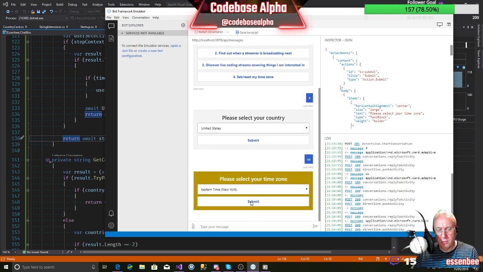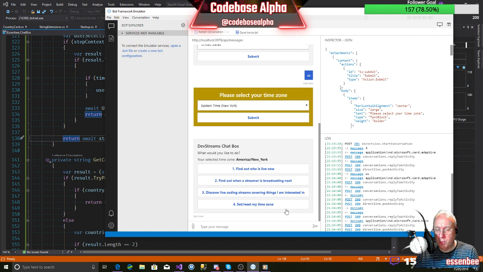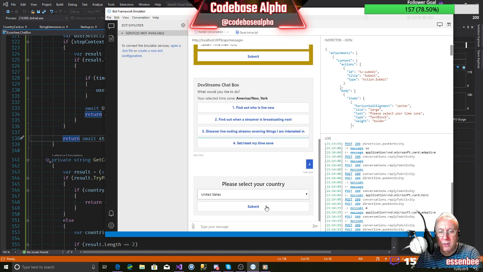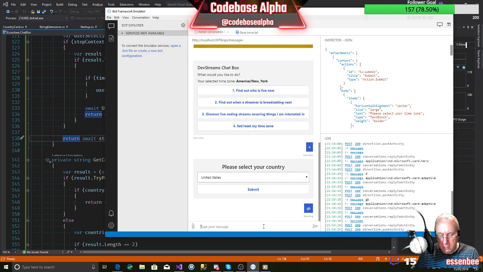New York Times, isn't it? See, it's worked. It does work as a concept. It gets us past the problem with the person typing in the first things. If they now go reset my time zone, you type in GB for Great Britain, hit enter.